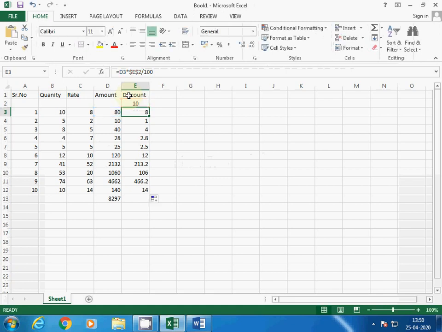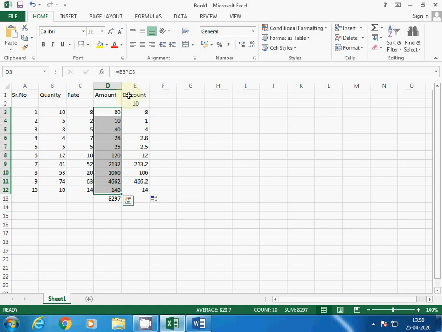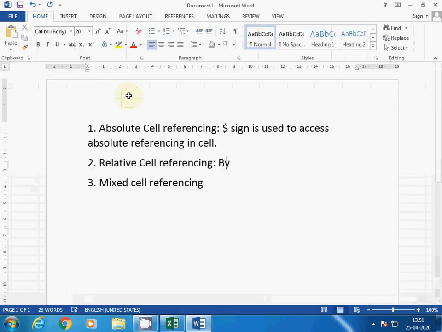Now next thing, relative cell referencing. It is already we have used here only. By default Excel is doing this only, relative referencing. If we enter that dollar sign or not, it doesn't matter, but by default it is relative only, because it is copying the relative values wherever you are moving.